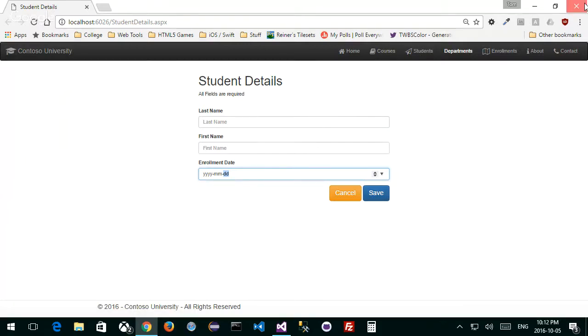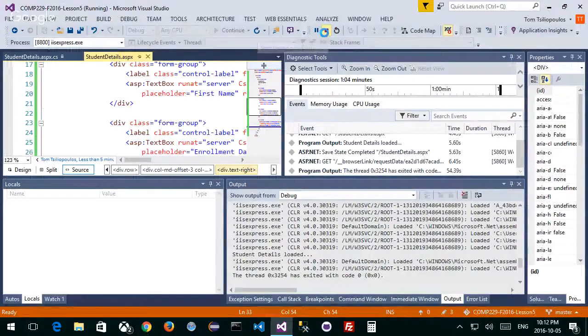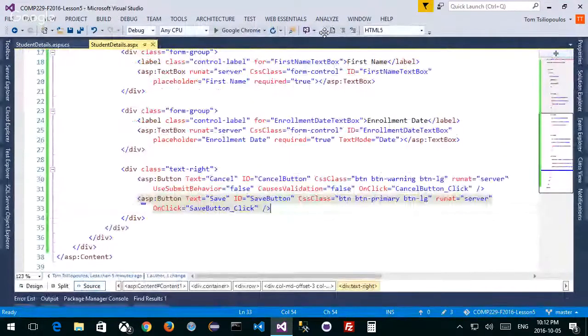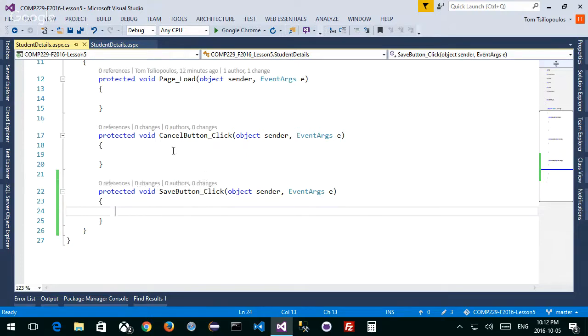All right, let's stop. Okay, so we've got the form. It looks okay. I think it's a great place for us to do some coding. I'm going to do it with you so you can see the process. The process is very important. It's not the code. The code you can get from online anywhere you want. It's the process I want you to understand. Okay. Let's do the cancel button click first. That's the easiest one to take care of.